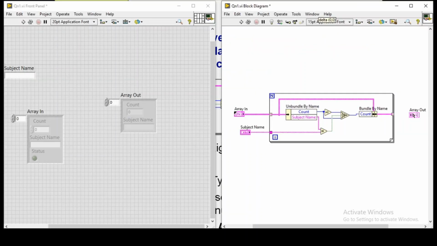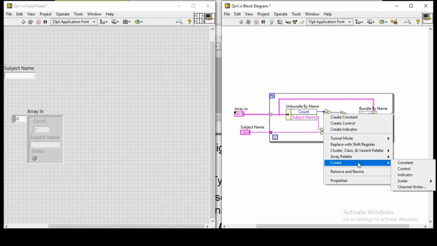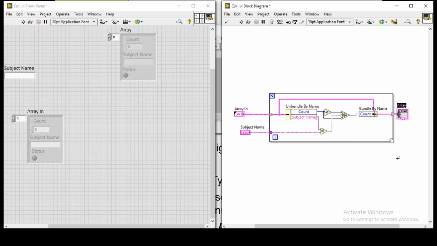First solution is just create an indicator, right? So here if you are adding some items in the array in, this will never be updated. So again it will show some error.